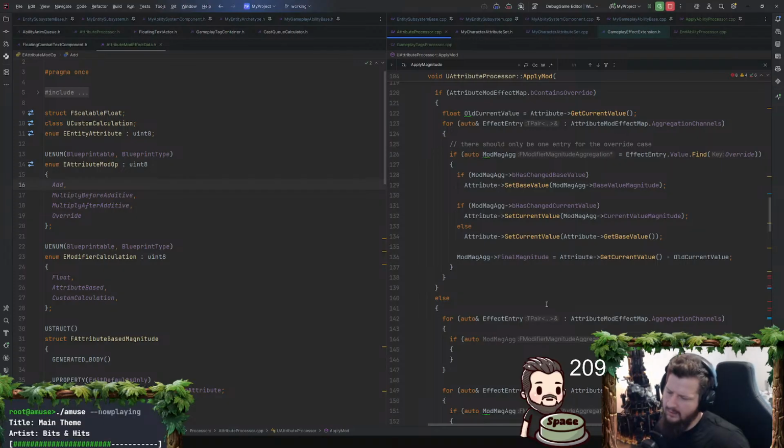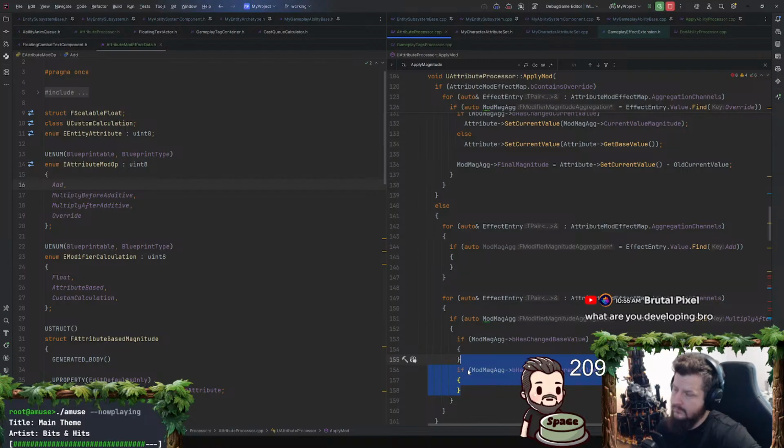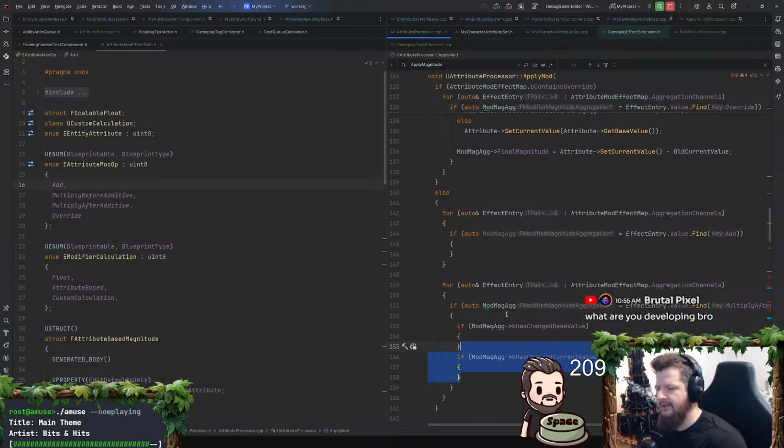So do I need to do base value first as well? There actually needs to be 4 loops here. Or can I do current value? For additive, I can do it at the same time because it's not based off of what happened before. For current value, it does matter.